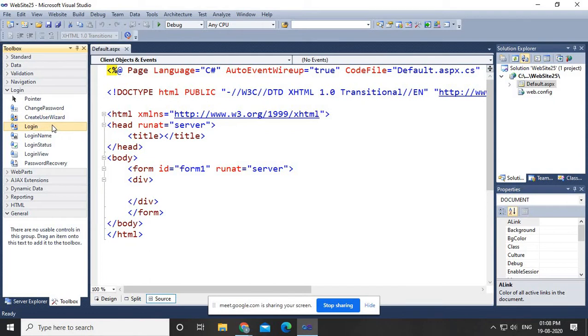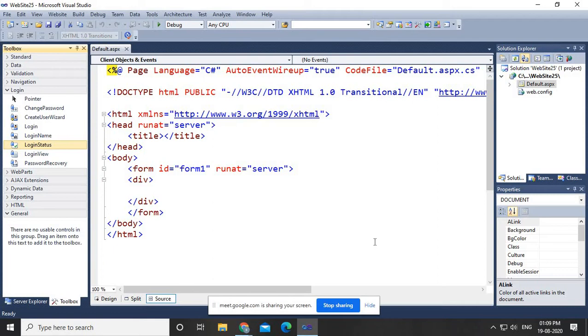Another control: if you want to authenticate the user, the login control is there. If you want to show the name of the user, the login name control is there. The login status control we have already used, and it shows a login link for the logged out, anonymous user. When the person has given a username and password, that login link changes to a logout link. So up to here we have discussed the various controls available to enforce login and authentication on the website.